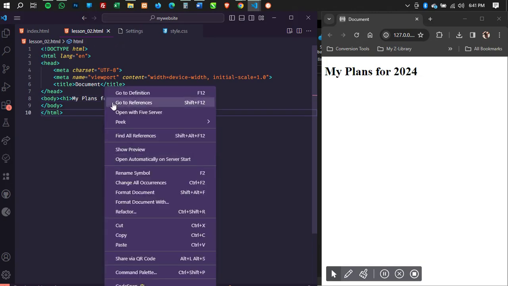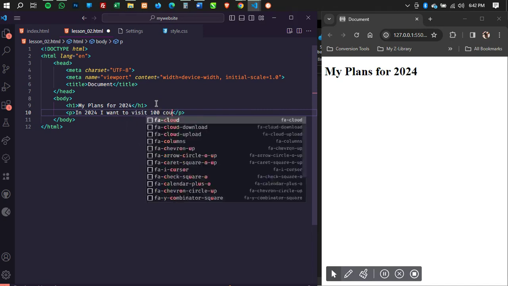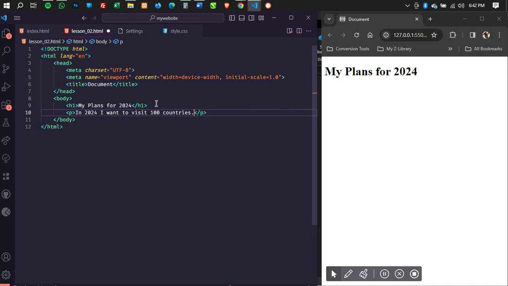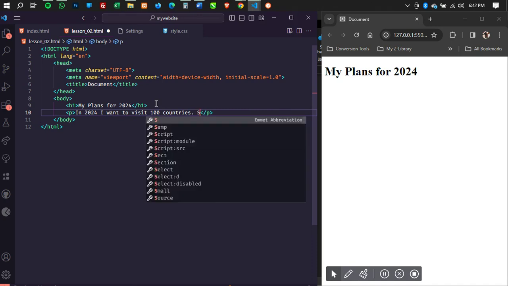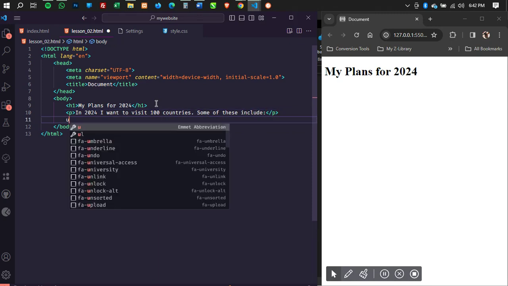Right, format document. So I have a paragraph: in 2024, I want to visit 100 countries. That's quite a big ambition. Some of these include, then we can have what?